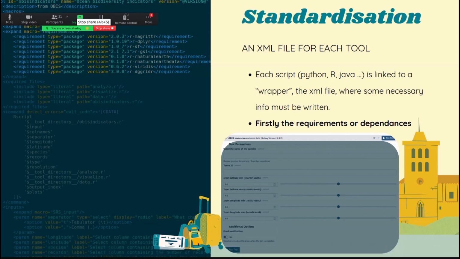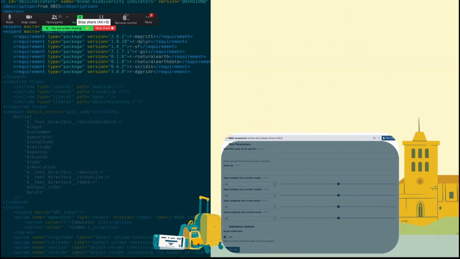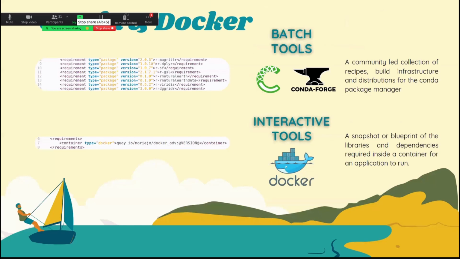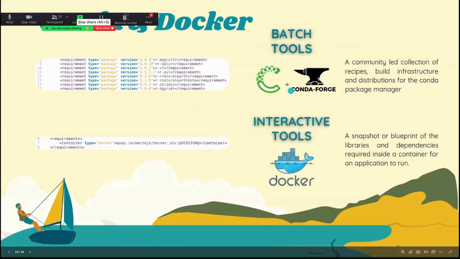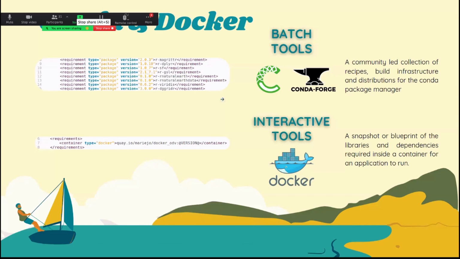And so the first, and maybe one of the most tricky parts, is actually the requirements. As I told you, the requirements are the libraries and all the dependencies that your tool will need to run. So if it's a batch tool, for instance, you'll need to have your libraries on Conda. It's a community-led collection of recipes, build infrastructure and distribution for the Conda package manager. So you'll need to have your package there, but once it's there, and it can already be there because